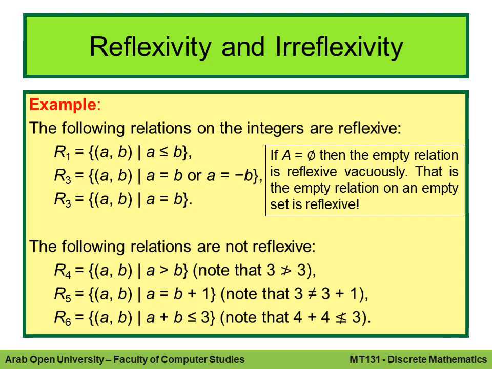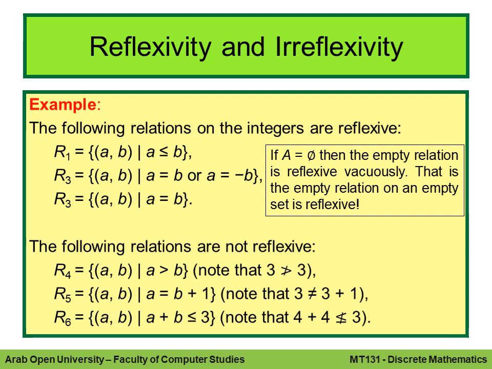Here are examples now of relations that are not reflexive. R4 is the set of ordered pairs (a, b) such that a is greater than b. It's not reflexive; in fact it will be irreflexive. For example, 3 is not larger than 3, and 3 is not related to itself. In fact, this particular example will be an irreflexive relation. The second relation that's not reflexive is the ordered pairs (a, b) such that a equals b plus 1. a is the next integer if a equals b plus 1. But here again 3 is not related to 3